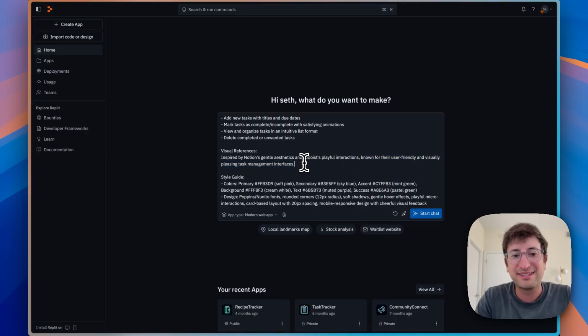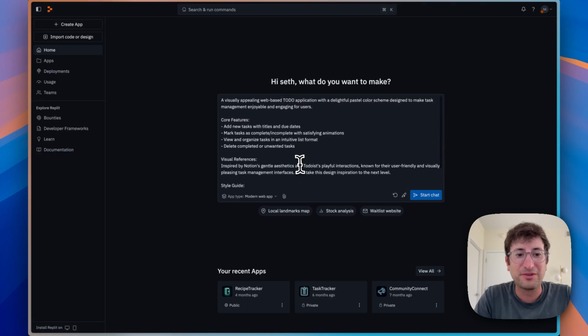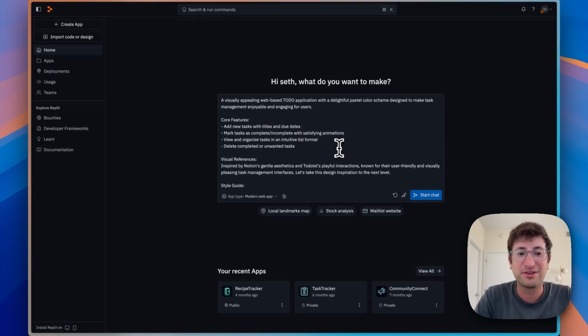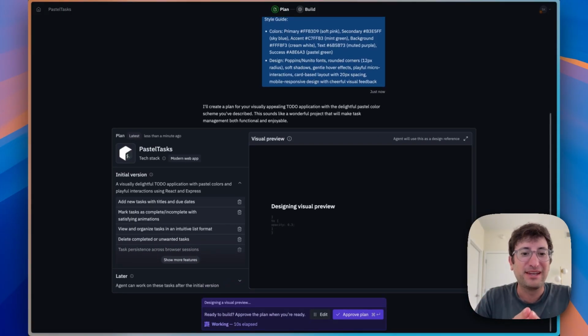But what I'm going to add is let's take this design inspiration to the next level. Just going to add that as well to give it a little bit more to work with. It has a style guide with some pastel colors and a design guide as well. So this is really nice. It added core features, visual references, and a style guide. So just by doing that, you're going to get a much better result than doing the initial prompt I had on its own. And this brings us to the second thing you need to know about Replit